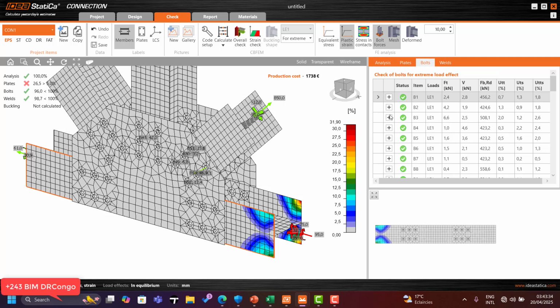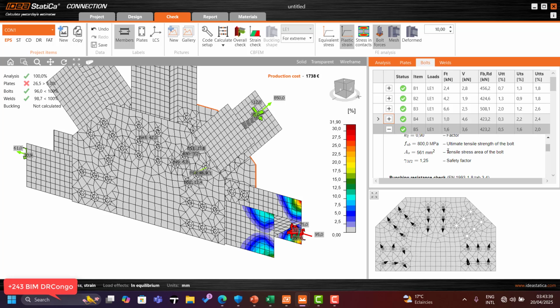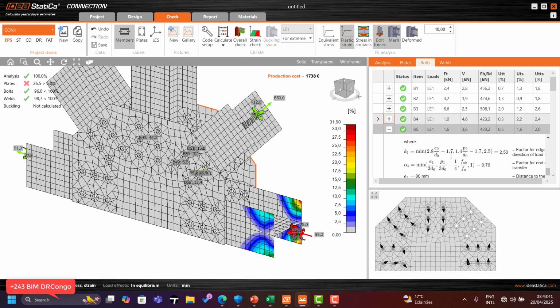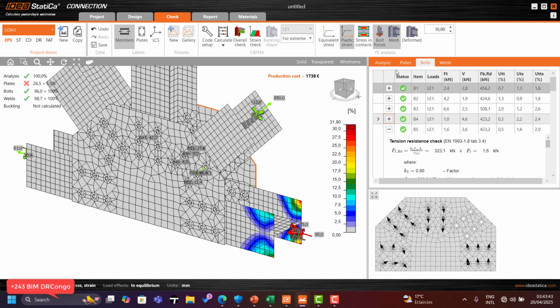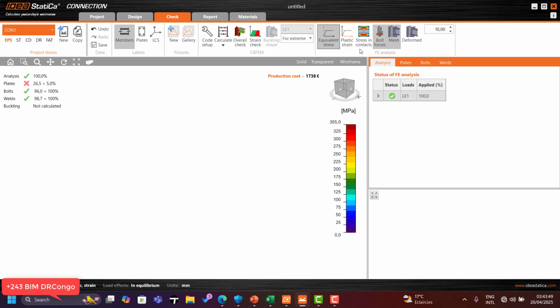You can see here some manual verification according to the Eurocode. Here you can see the bearing resistance and so on, and so on. And when you go back to the analysis, after checking everything, you see everything is okay. If my design needs some change,